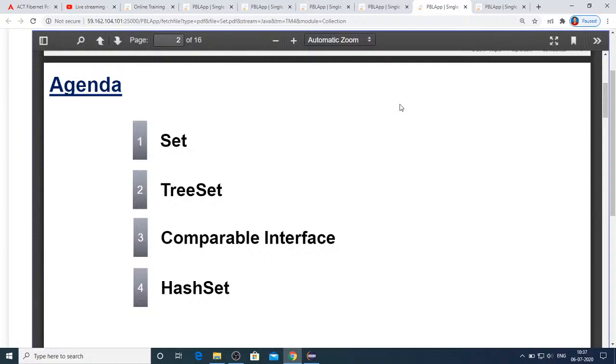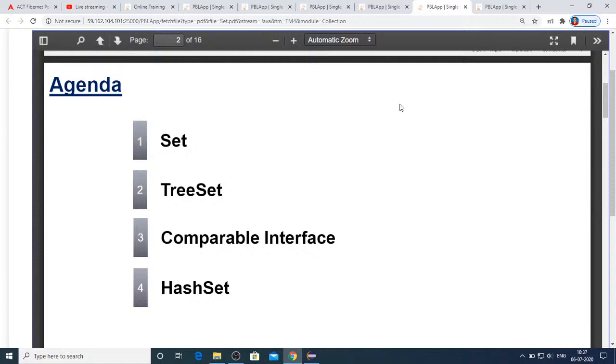Let me repeat: set is an interface which has no legacy classes, like Vector in list, and no order is preserved. So you can get elements returned in any order, and no duplicates are allowed, but no error will be returned even though you try to add a duplicate element, and one single null value is allowed. These are the key points you need to remember regarding sets.